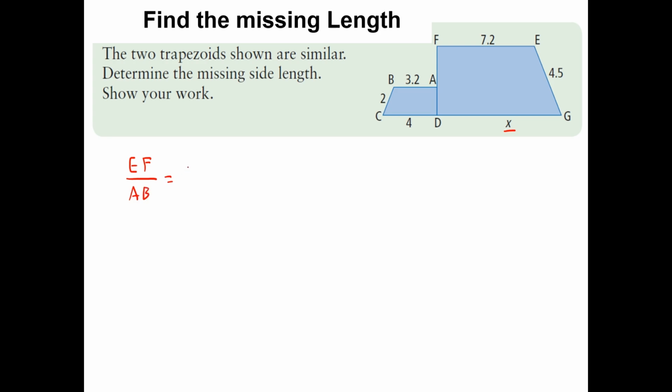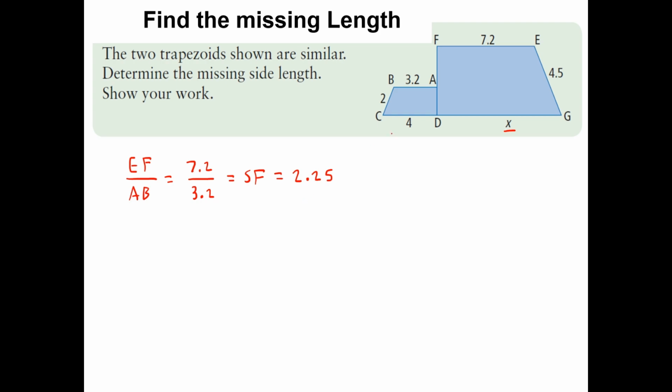So E to F is going to be 7.2. And then A to B is going to be 3.2. I'm going to divide those together so I can get my scale factor. So upon dividing them, I get a scale factor of 2.25. Great. Since I got a scale factor of 2.25, I can use that for every other one of my corresponding